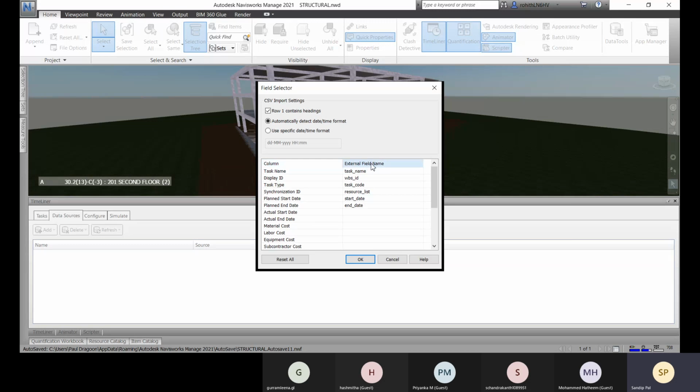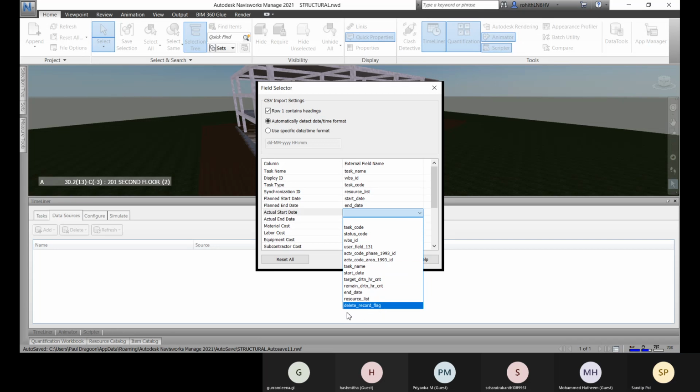The column external field name, the task name is the task name, and display ID is WBS ID. And here, if there is any actual start date, you can go for it. Right now I don't have any actual start date. And here I have the end date.